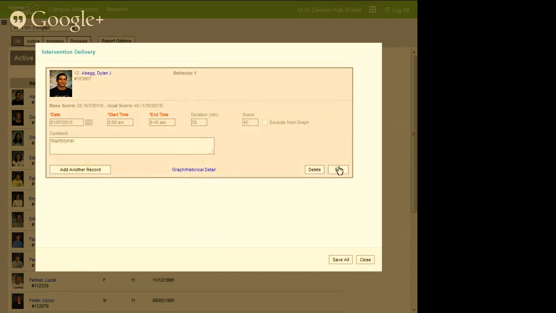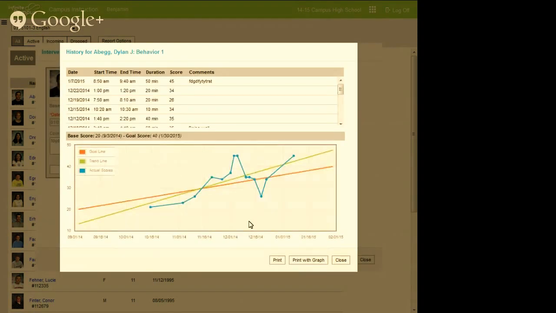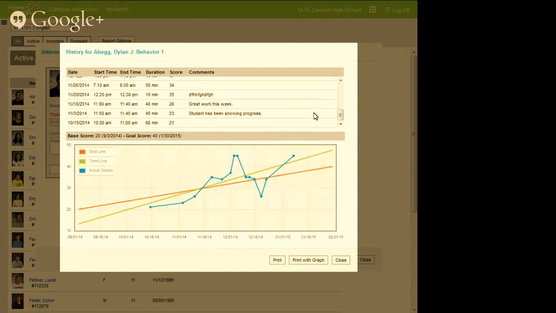Well, I saved that. And what you have is an ongoing historical record of the comments that a teacher made while working with the student on a Behavior 1 intervention. How's that student trending based off the scores that we put in? Maybe that's a success. Maybe we need to start a Tier 2 intervention. So we do the intervention for reading, mathematics, and behavior. And the editors to create these plans are in the core product of Infinite Campus, along with IEPs and PLPs and 504 plans.